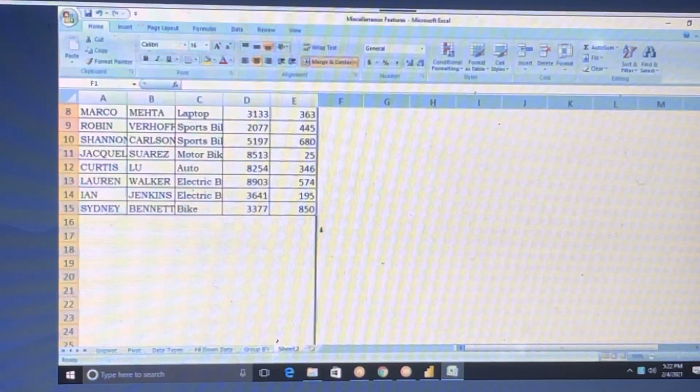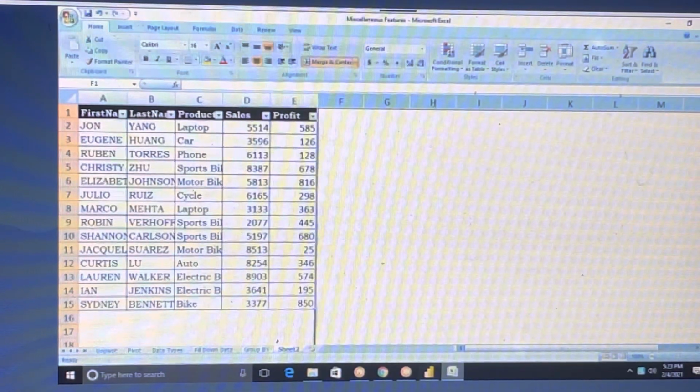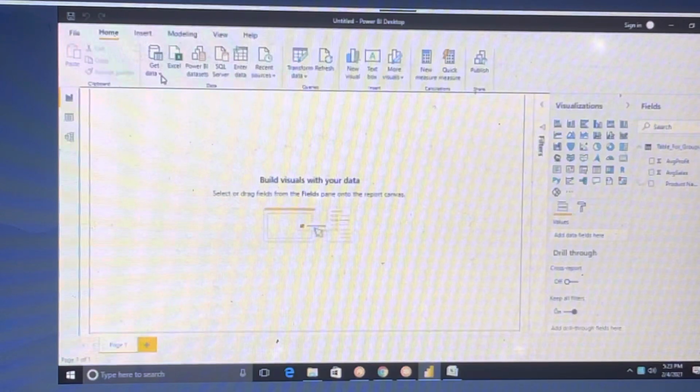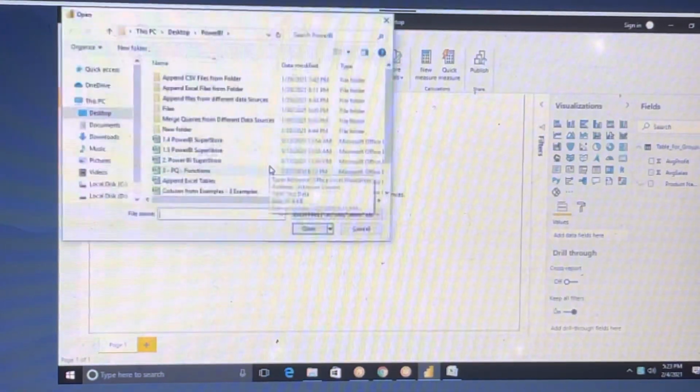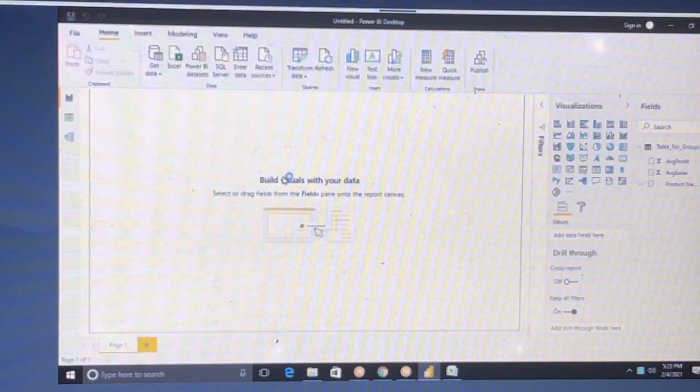Right. So now this is our data, right? Now go to Get Data, click on Excel. Ravi sir, the Page Layout tab is there in the Excel sheet.